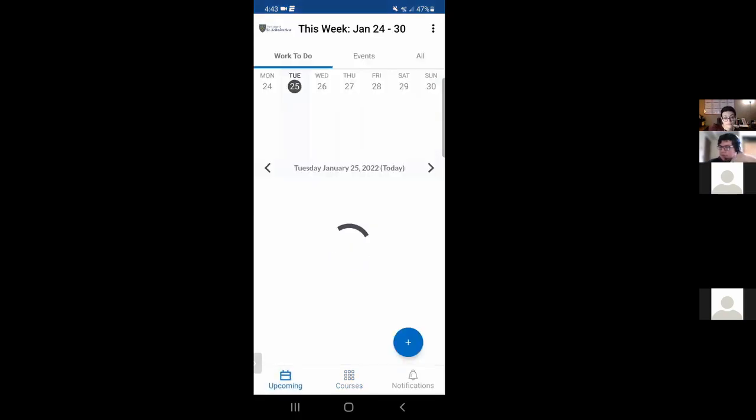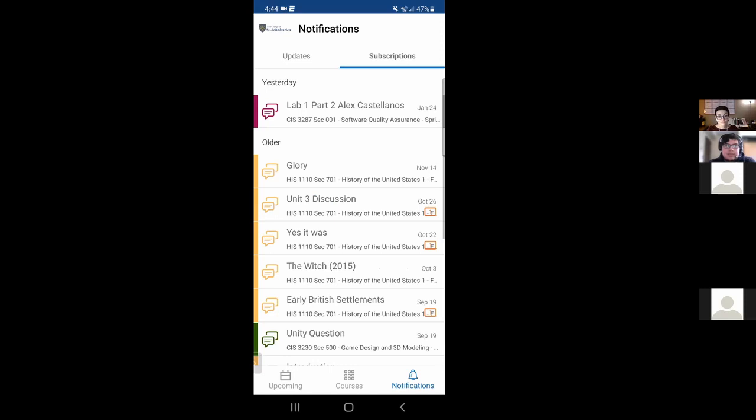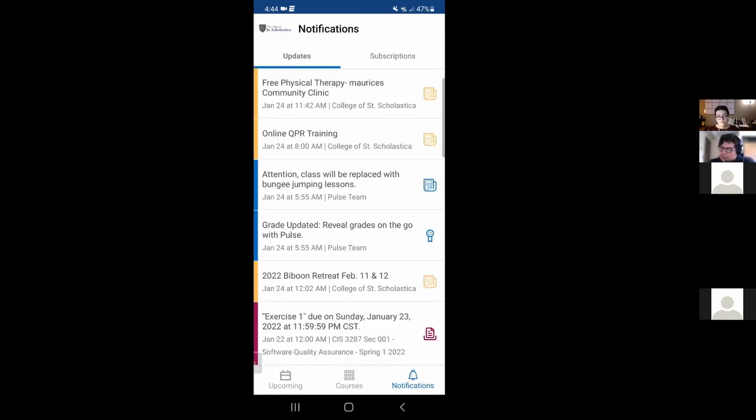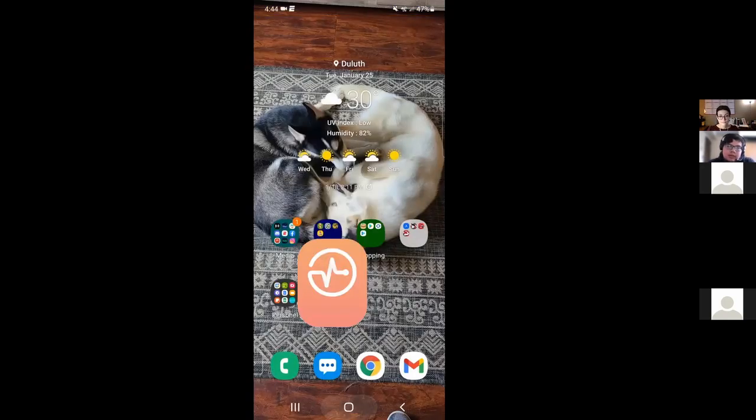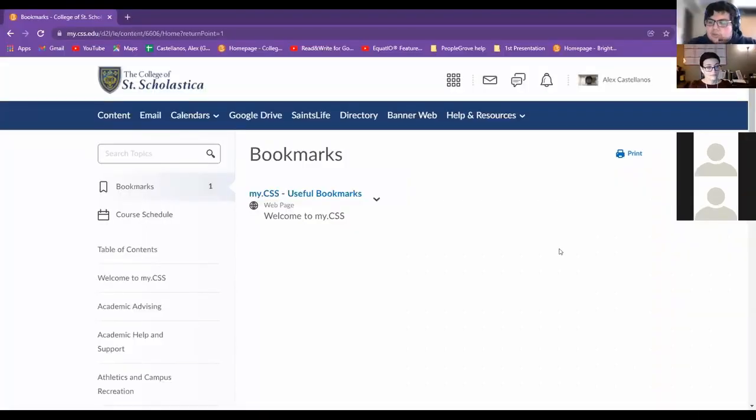And it also gives you things for upcoming dates, future stuff that's going on. The internet's kind of slow with the phone, so we're not going to have anything pop up here. And notifications and updates as well for everything. For example, the free physical therapy that showed up this morning, I got the notification this morning. It's right here. And then subscriptions to everything you have, from older discussions and stuff. Okay, then we'll go back to